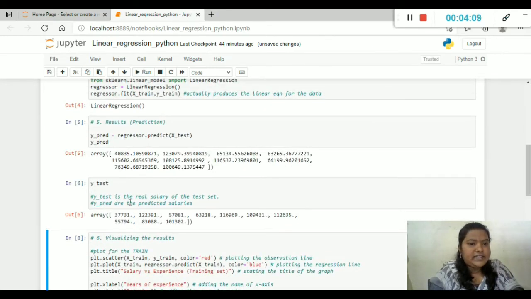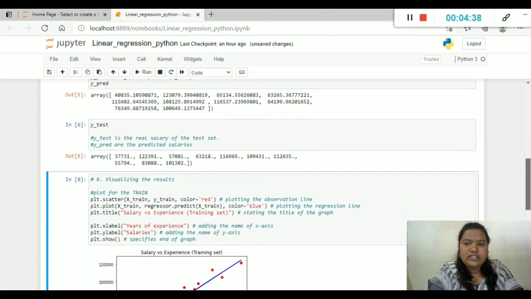Y test is the real salaries of the test data set, whereas Y predict is the predicted salaries. You can see the actual salary is 40,000, whereas the predicted salary is 37 something. Similarly for the other values. There is some difference between the predicted and actual salaries, and we are going to plot this difference now.